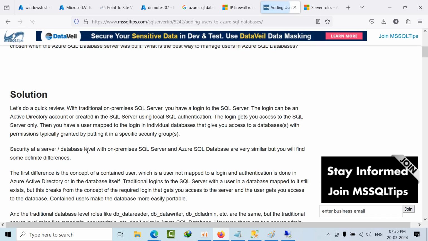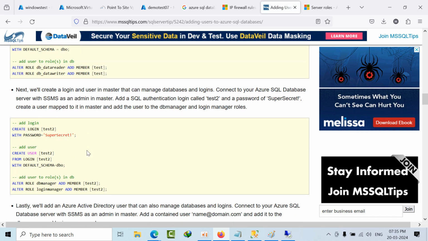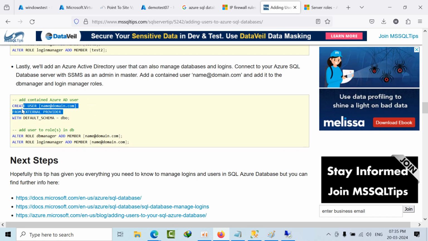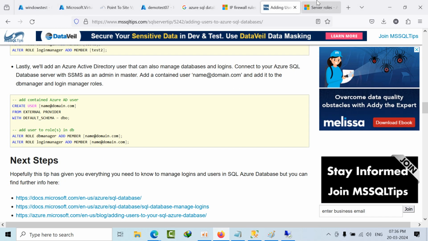We need to add one extra parameter. What is the parameter called? With an external provider, you need to add this. I'll show you. Coming to that, if I go to the portal,